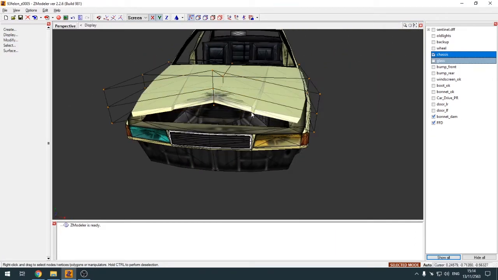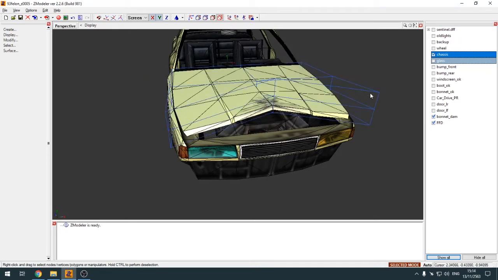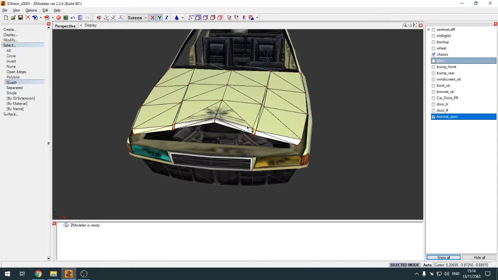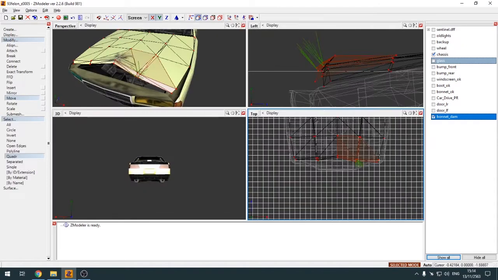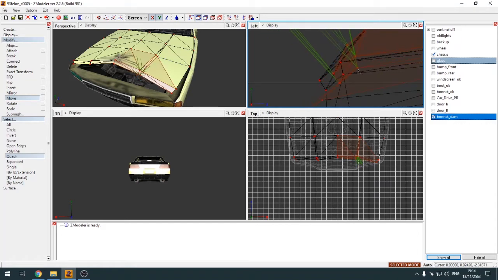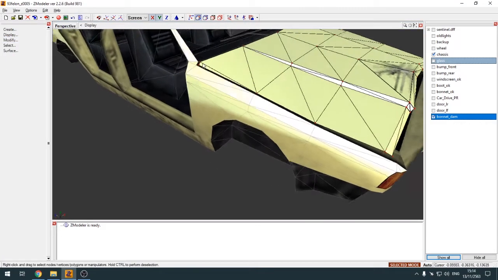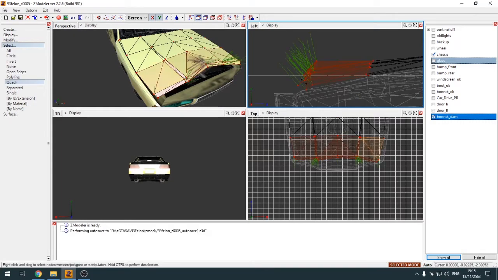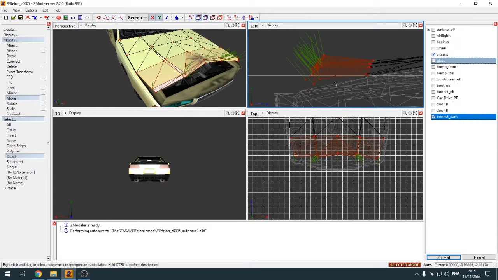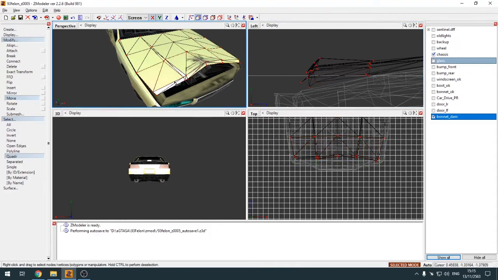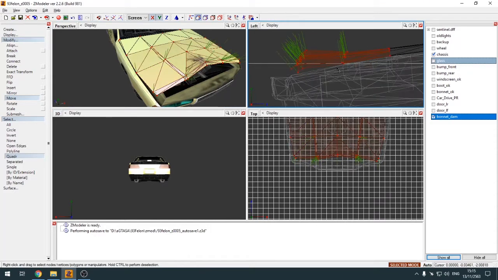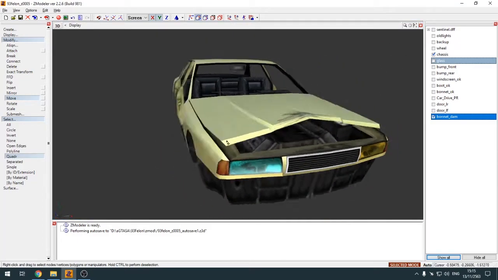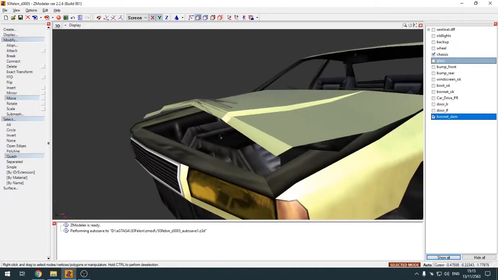Try not to make both sides look the same. So this time, it's time to use the vortex mode to make it a little better than this. This looks bad. Hold on, you gotta save the file as well. Don't forget to save your file. This one looks a little extreme, but